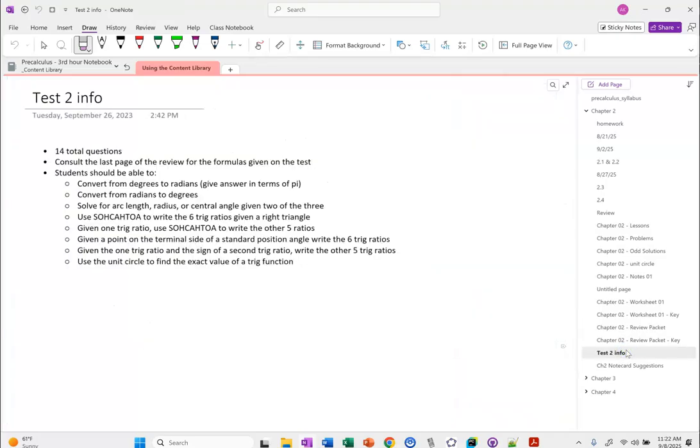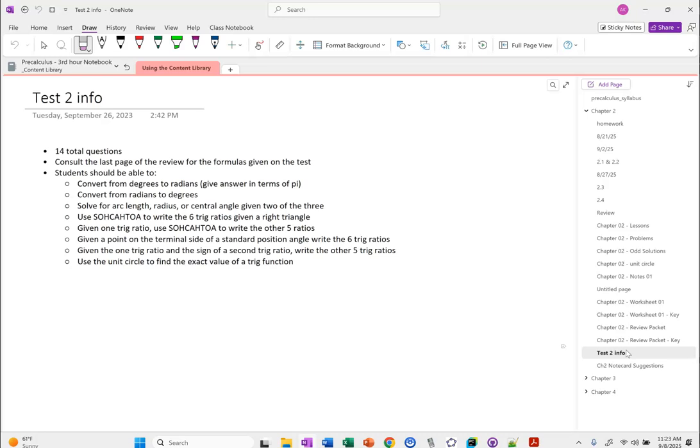In general, if you look at the review for the chapter, the end of that review is going to have a list of the formulas and stuff that I would provide for you. So here it's just the unit circle listed. There could be other things, but